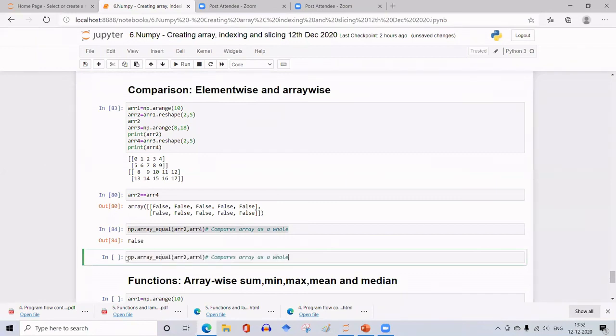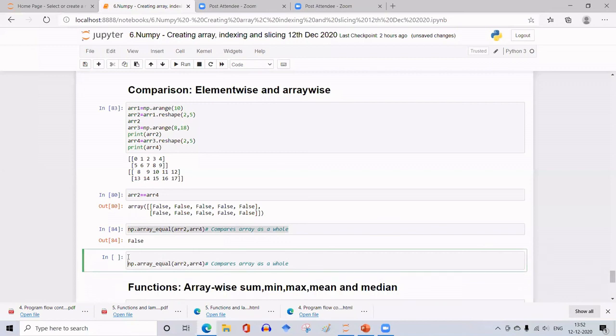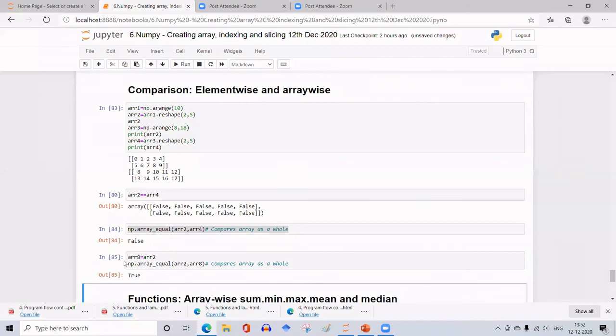Instead of this, I'll also take an array 8 and assign array 2 to it. Now I'll make a comparison of 8 with 2. Now both the arrays are same. That's why I got true.